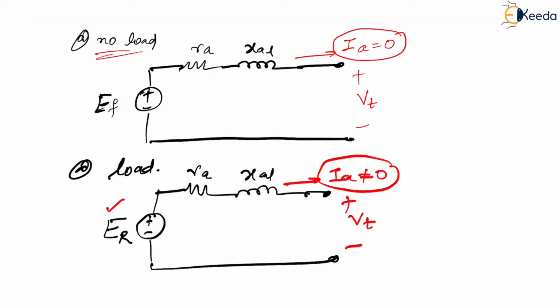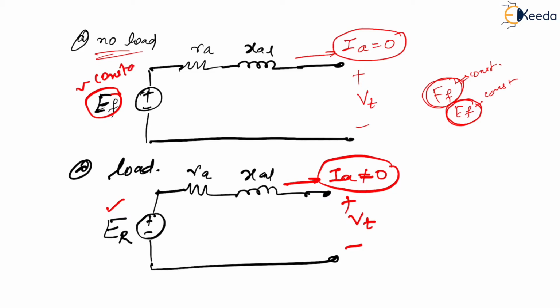Now, for example, let us first talk about EF. Is it fixed? If you say it is not fixed, you are right. If you say it is fixed, you are right. But let me tell you one thing. If your FF, which is the field excitation, is constant, then what will happen? Your EF will definitely also be constant, correct? Because this EF is there only and only because of this FF, the MMF of the field. So EF is definitely constant, not variable.